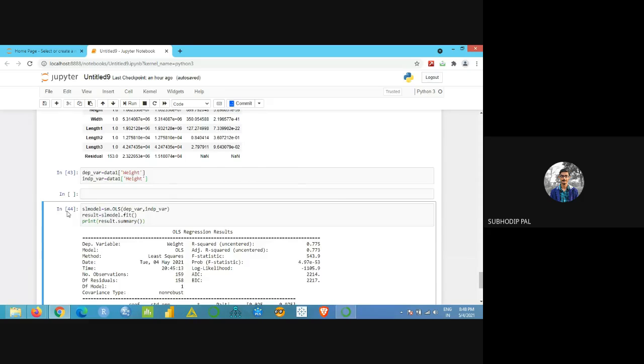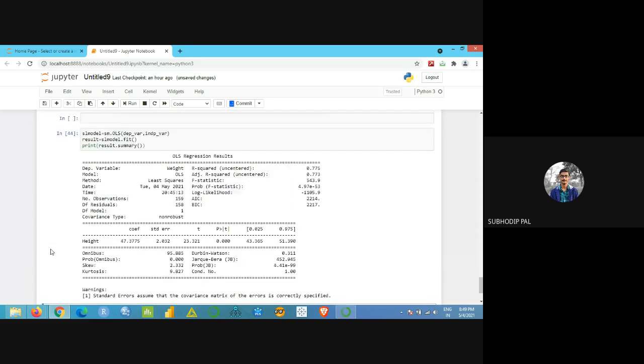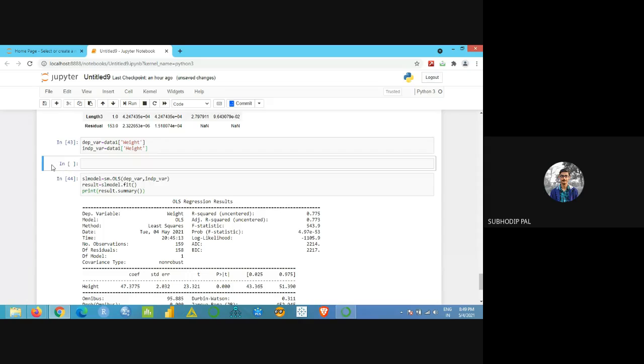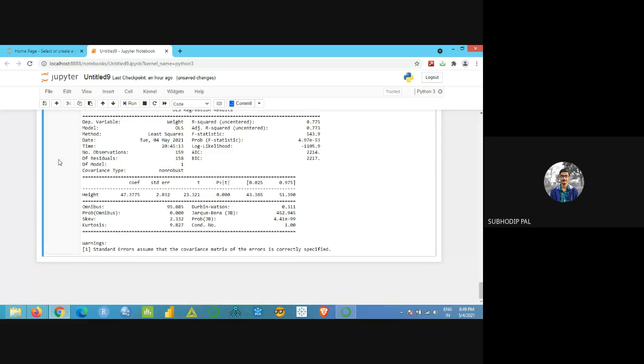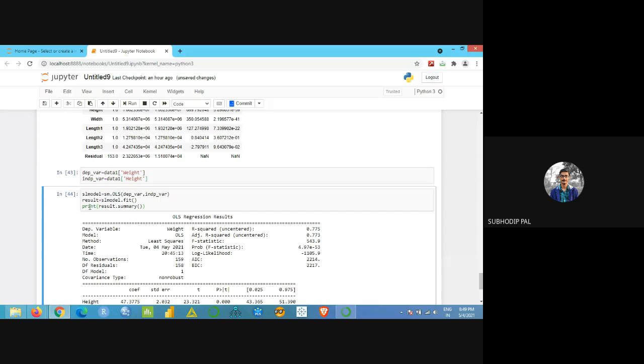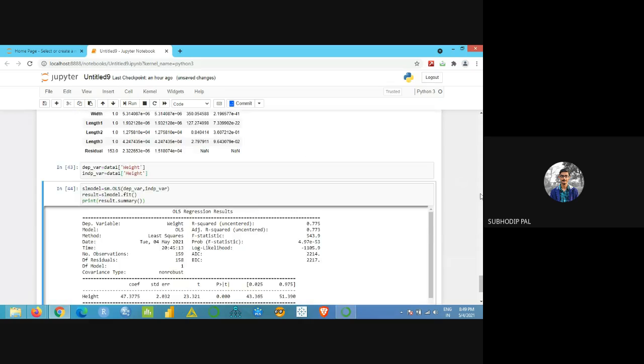I'm pressing B. B means below. So I'm getting one extra just below the previous one. Got it? Now I want to delete it, so just double D. Always you need to keep it in blue. If you are in green, then it will not execute that. A, B or DD will not work. If outside it's in blue, then you can do it.